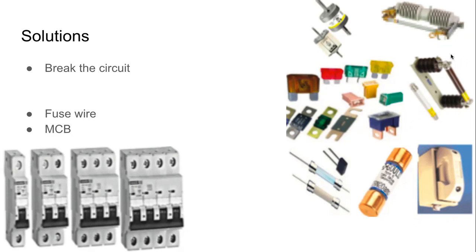Less metal, it will heat up fast. If it heats up fast, it will melt. When it melts, circuit will break. Circuit is broken. Yes, electrical supply will stop. But again, we are saved. कहीं आग तो नहीं लगेगी. This is how a fuse wire works. And every time the wire breaks, we have to change the wire.